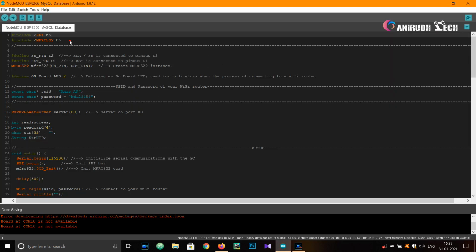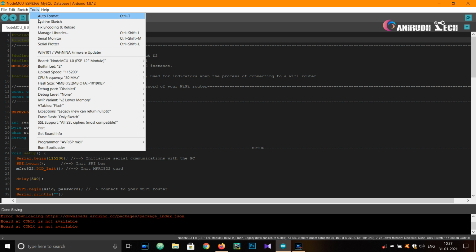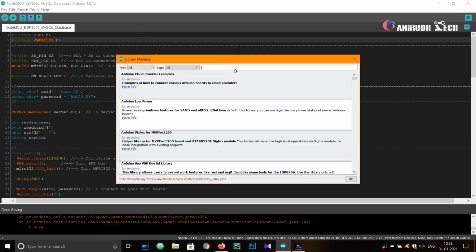Yeah, now we can move to our Arduino coding. Explaining the whole code is like suiciding, so I'm not going to do that, and everything is documented perfectly. You can fetch it from the description below. First of all, we want to include the libraries there. If you have not installed them, just go to Tools and Library Manager, search for them and download them from there.